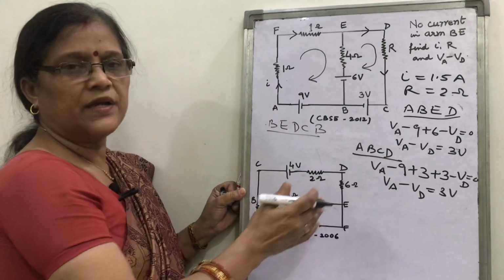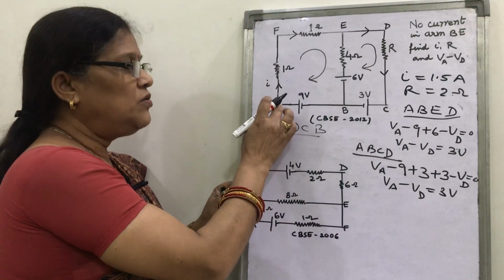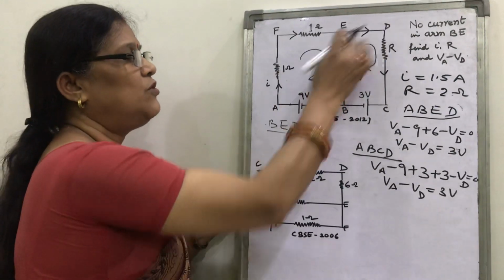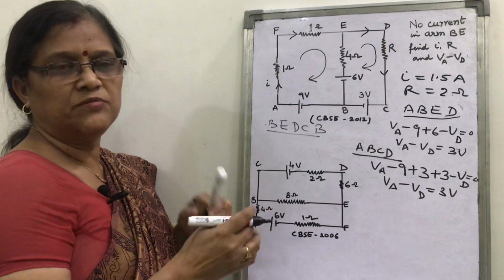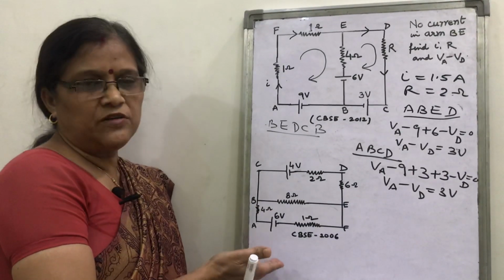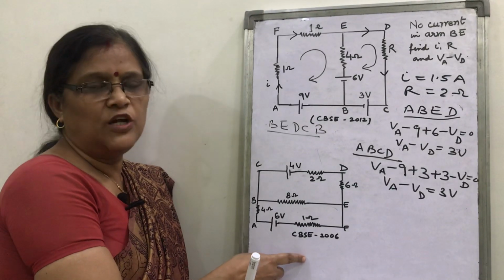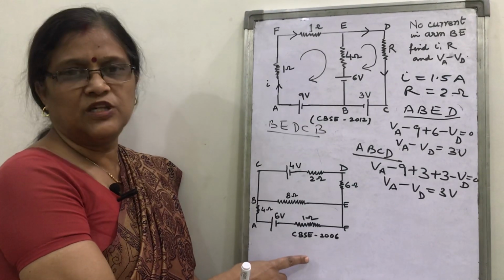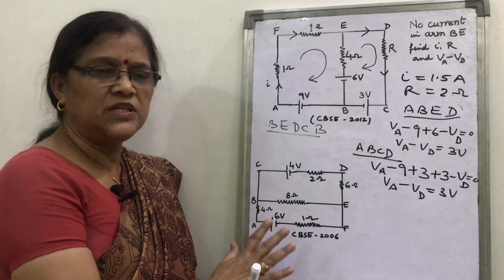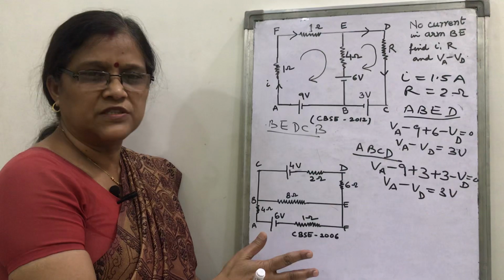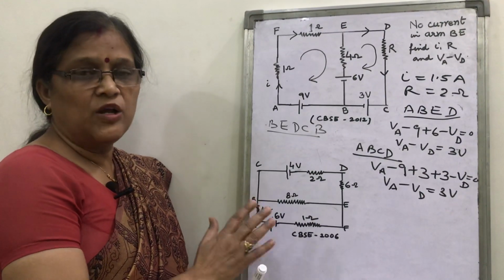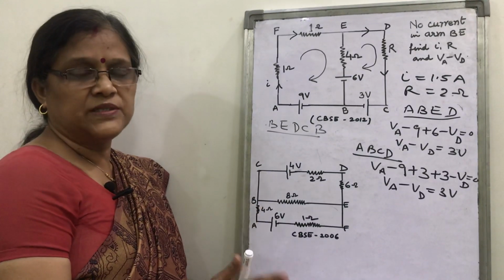So that is why I have taken this question, that to find the potential difference between A and D points through any of the path, you will go and find the same result. So in this way you have to use Kirchhoff's rule. Now in the second question, this is also asked in CBSE exam 2006. How will you find the equations and solution? Solution is only pure mathematics, you have to solve the equations. But how to form equation, that is due to loop rule and taking proper signs of plus and minus.